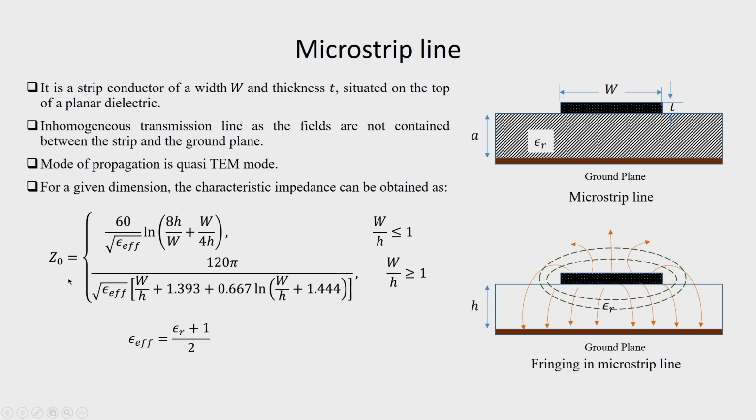as we can see, the characteristic impedance can be obtained as Z naught is equal to 60 by under root epsilon effective, ln of 8h by w plus w by 4h. Now, this equation is used when w by h is very less compared to 1. That means we have a very thin strip and the microstrip line is very narrow,